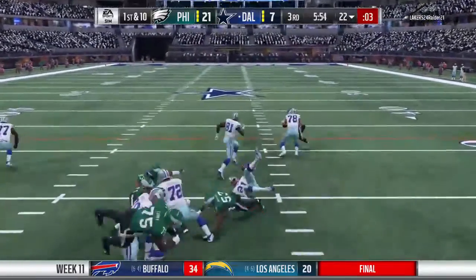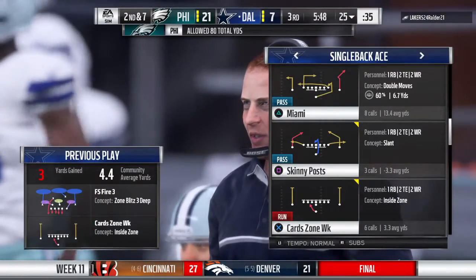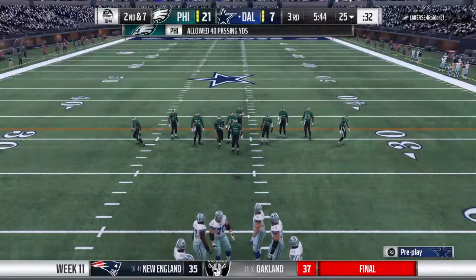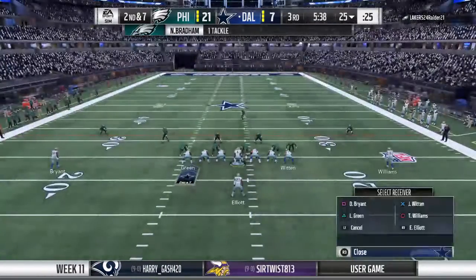2nd half starts with a carry by Elliott. And he'll get about 3 as he takes this up near the 25. You know that old expression, it's not my night? It hasn't been his so far. I don't know if the legs are a little bit heavy. Sometimes having to hang out all day and play doesn't exactly play to your advantage, but it's been a tough